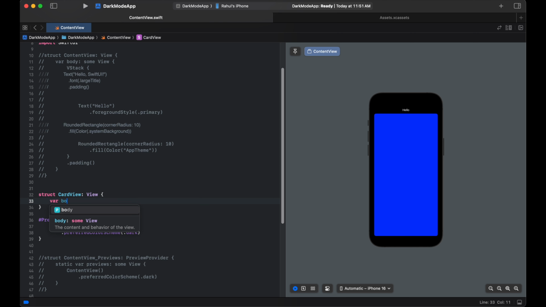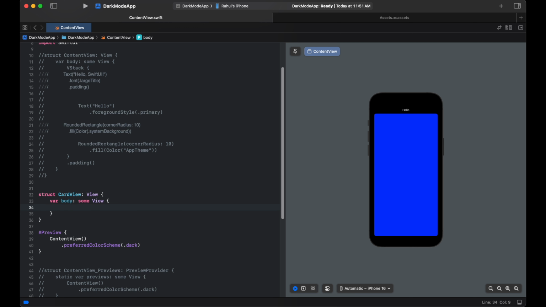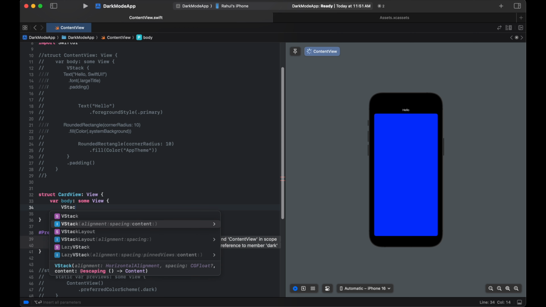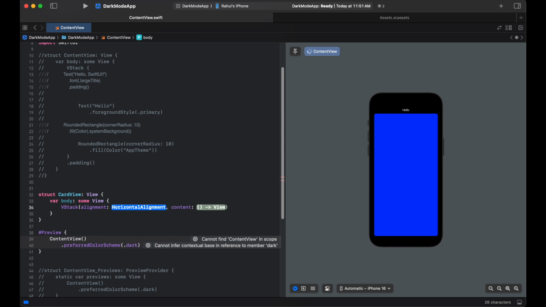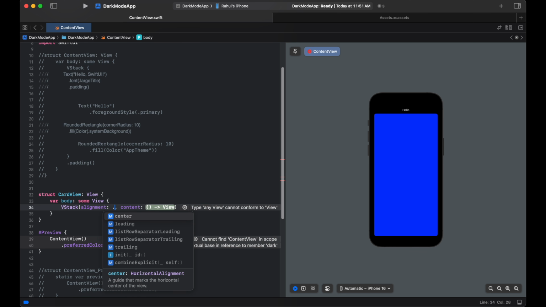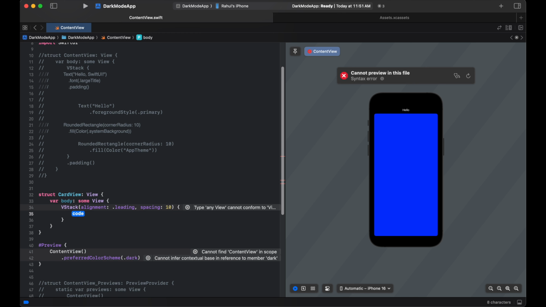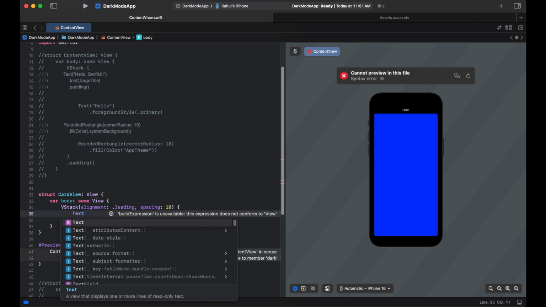Within this, we will add a body with some view. Within this, we will add the stack with alignment leading, and spacing will be 10. And within that content, we will add one text,